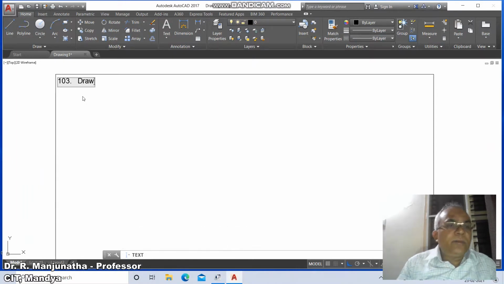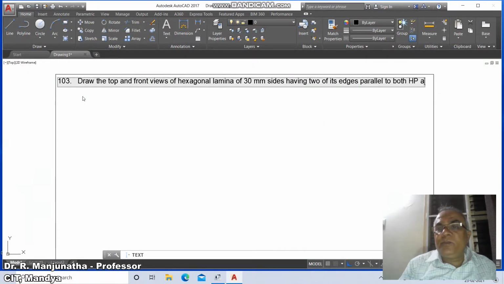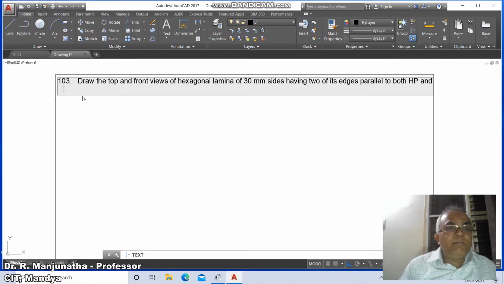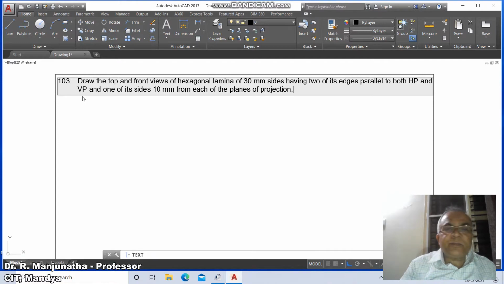Then go to draw the top and front views of a hexagonal lamina of 30 mm sides having two of its edges parallel to both HP and VP and one of its sides 10 mm from each of the planes of projection.